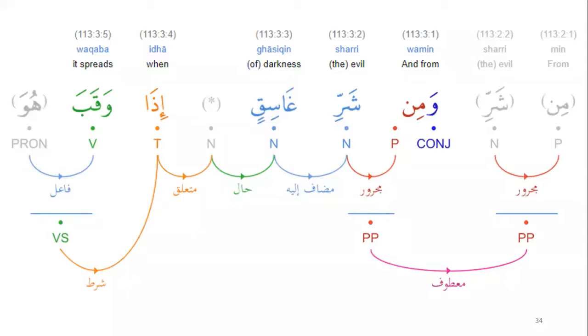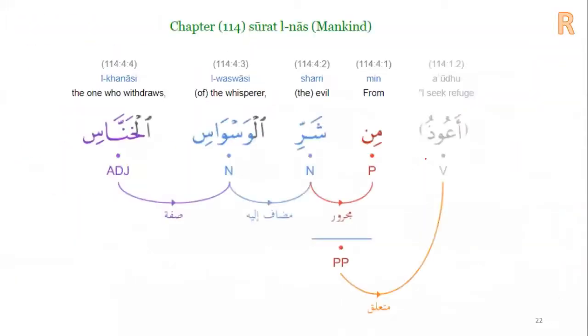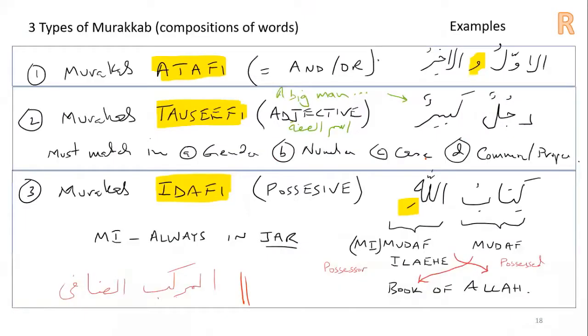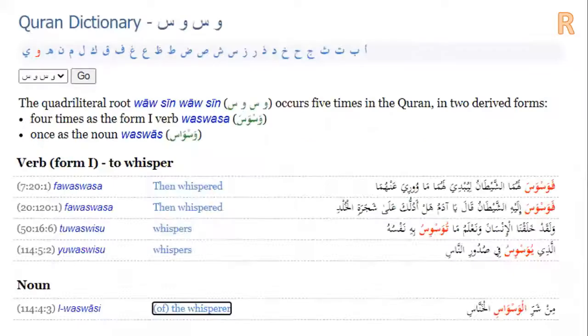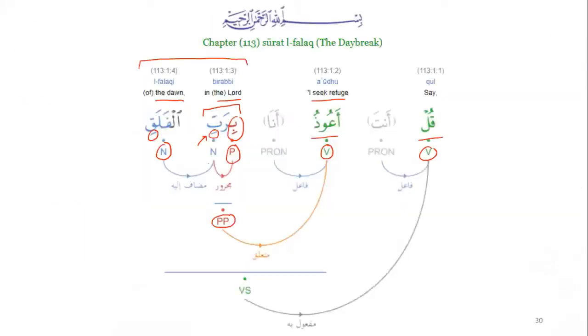Next, let's keep going. وَمِن شَرِّ غَاسِقٍ إِذَا وَقَبَ. And again, wa is a conjunction. And if you recall, when we spoke about the different murakabat in the Quran, we had murakab atafi, which simply means conjunction. So here the wa is being used in that form. And again, murakab tawsifi was when the conjunction is with an adjective, and murakab izafi is when there is a possessive. So if we go back to where we were,